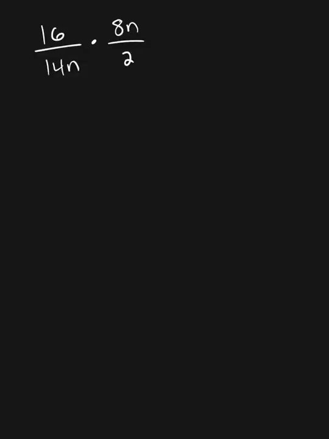So if I have a polynomial like this, there's a few things that I can do. I can break them down to make it more simple for me so that I'm not having to do quite as much math in the future. So if I see a problem like this, and I'm actually going to switch my colors so that you can tell the difference from the original problem, I'm going to simplify this. So 16 can be broken down into 2 times 8. And 14 can be broken down into 2 times 7,